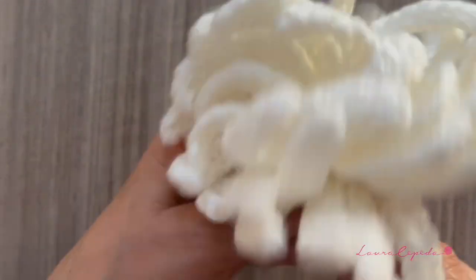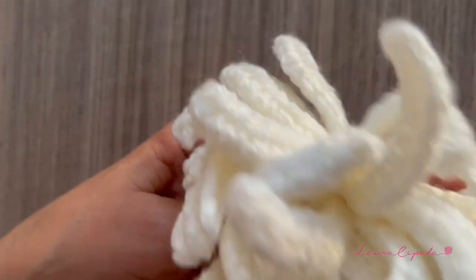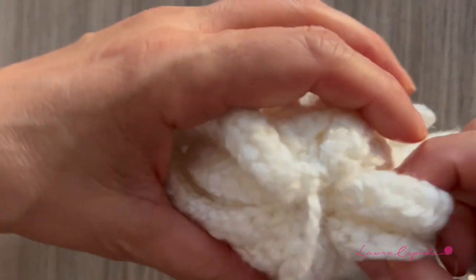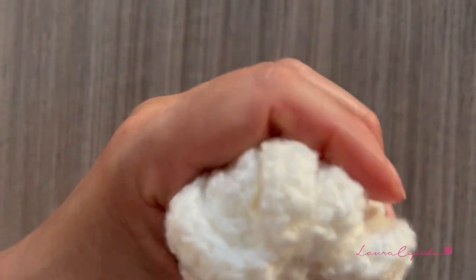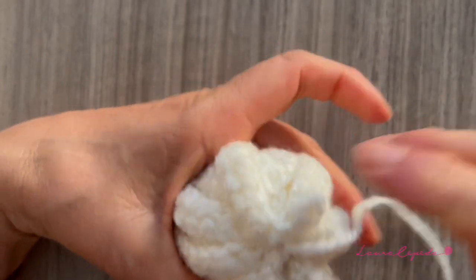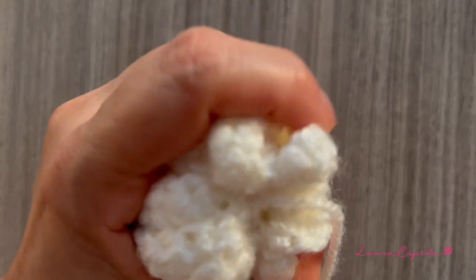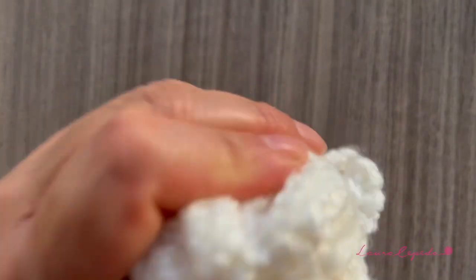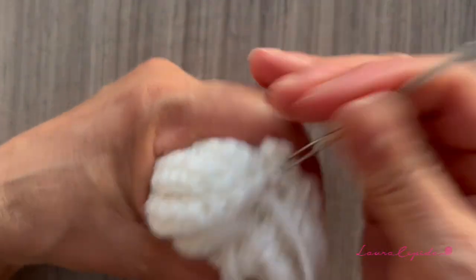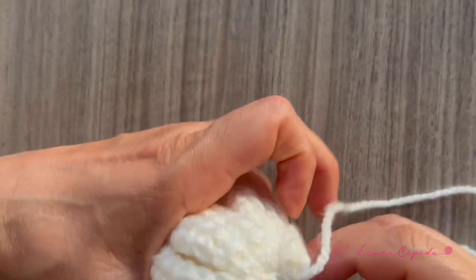Okay, so here we finished. We are going to have this result, and now I will show you how we are going to close this even more. So here at the end we are going to make extra stitches like this. We are going to pass the needle through,